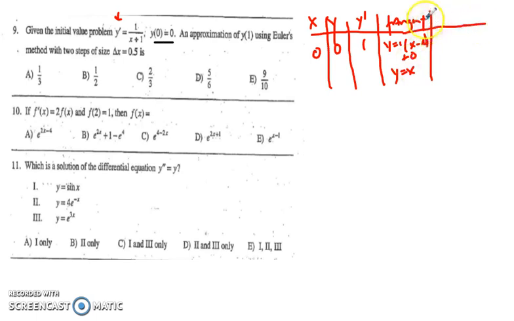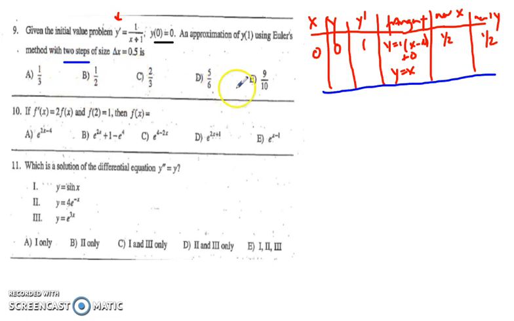And then my new x is 1/2 because that is my step size. And when I plug 1/2 into this tangent line equation, I get my new y, which is also 1/2. Now, I only need one more row because they just told me to do 2 steps here, 2 steps of size 0.5. So I put down my new x value, my new y value, and then my new